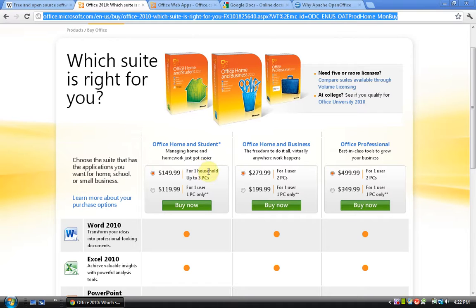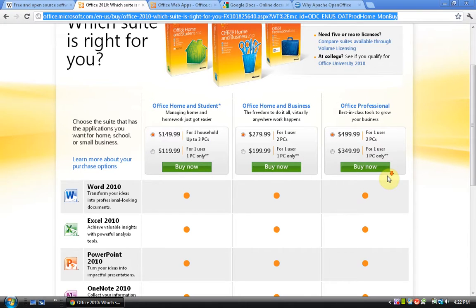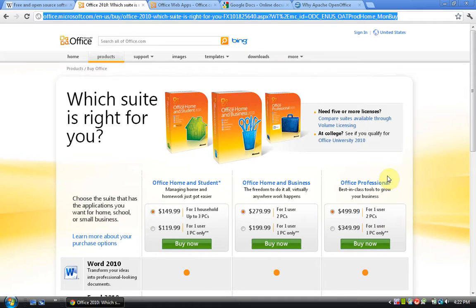It starts out at $149 for one house, up to 3 computers. Their Office Home and Business is $279 for one user and 2 PCs. And their Office Professional is $499.99 for one user and 2 PCs. So you can see that if you go with this option, they change their office solutions on a regular basis. So you can see how throughout the years you could spend a lot of money on just an office solution